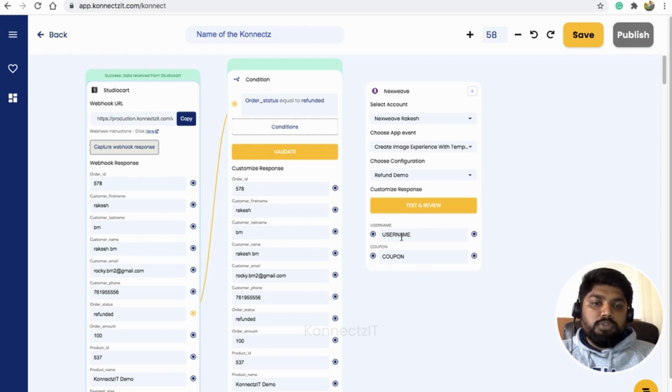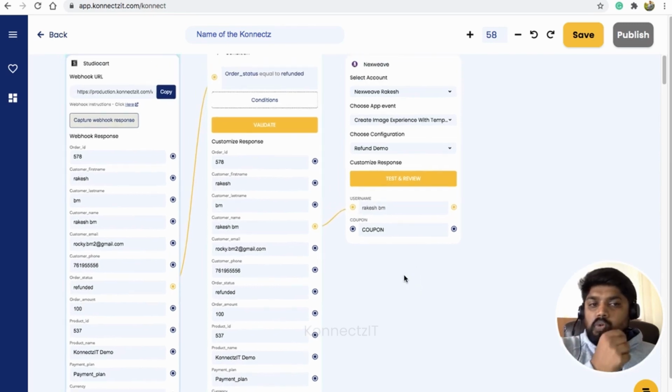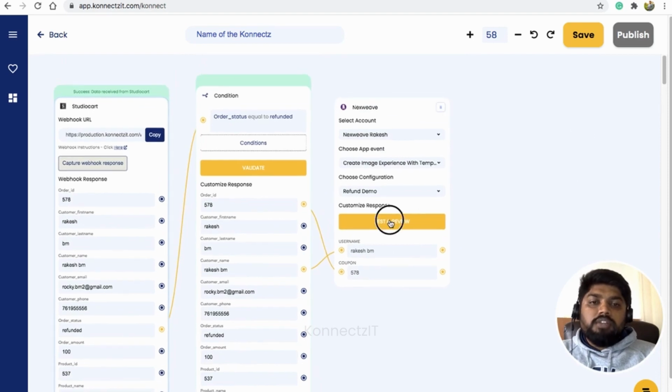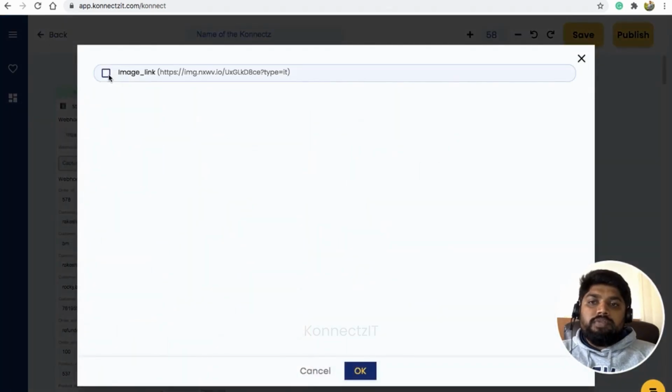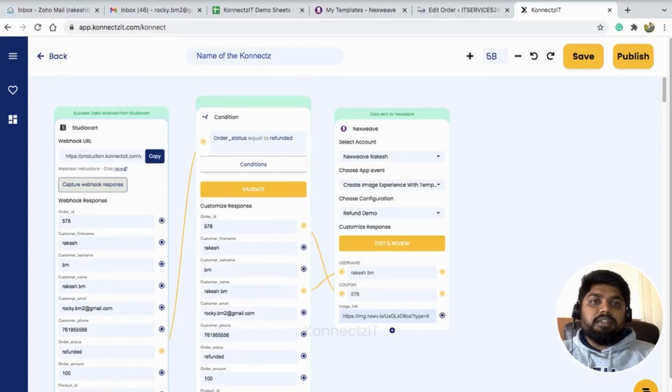It asks for a username and a coupon code. I'll use the username as my name and connect that. For the coupon code, you can generate one using Connexit, or you can give the order ID as the coupon code. That is your wish. I'll click on test and review. This will give me a link to the image. So this is my customized image.